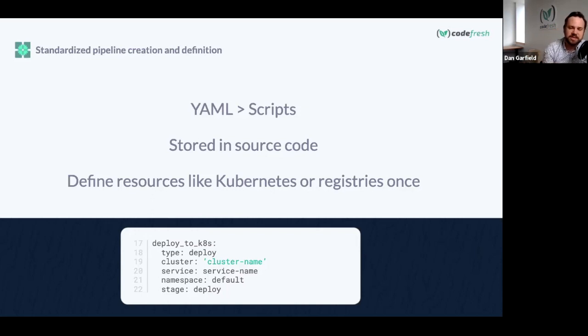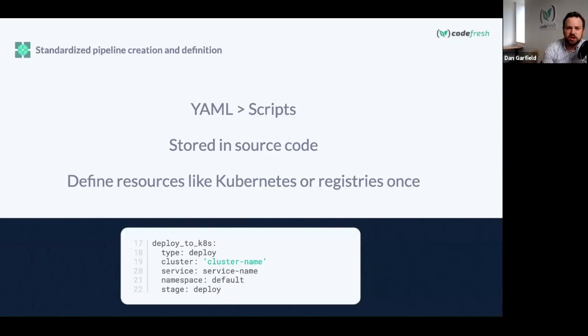This makes your pipelines easy to create and maintain, and helps you avoid getting stuck with something that's potentially overly complex and unmaintainable. When it comes to defining things, you don't want to have a whole bunch of different ways of defining things in your workflows, because as people move between them, they'll get stuck and confused, and that's when problems happen, right? Another thing is here, you want to make sure that